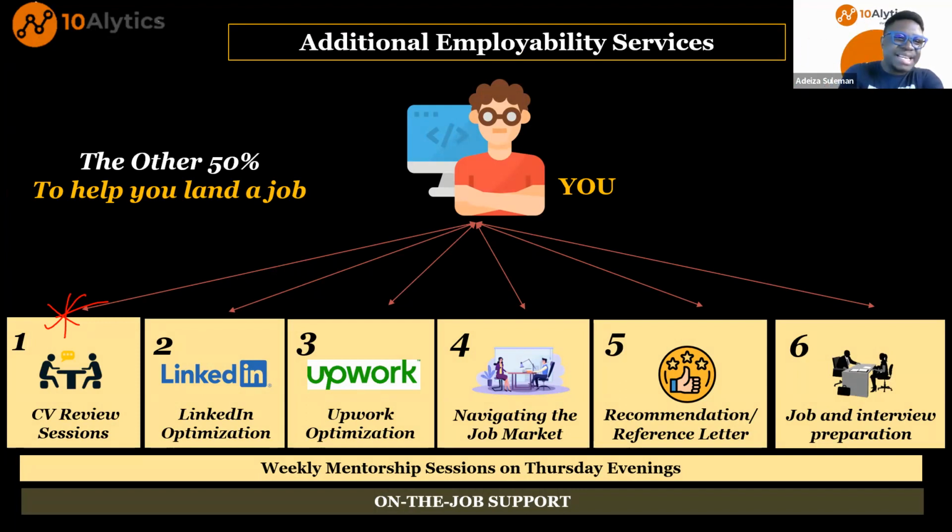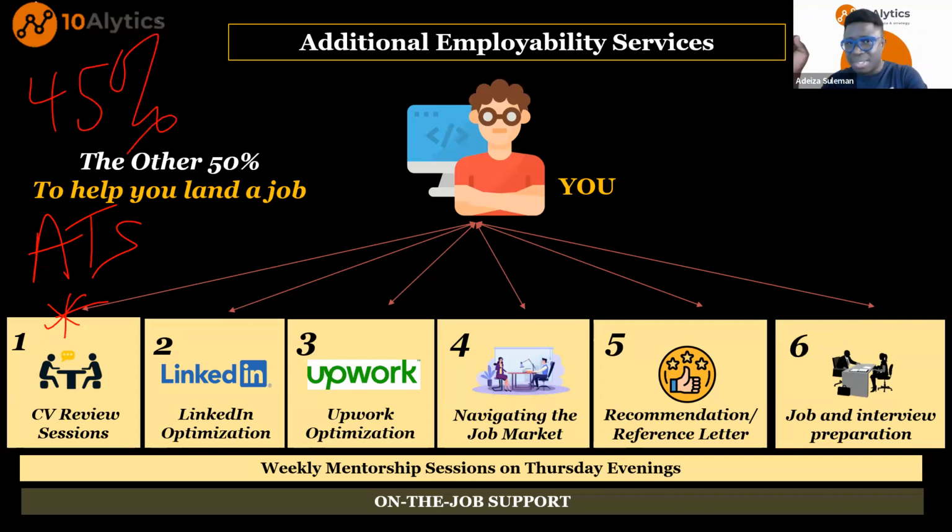What they use is an ATS, applicant tracking system, that does what? It looks at the keywords on your CV and matches those keywords to the job description, the job requirements. By how much do you match? Let's assume you match by 45%. Your CV is going to be yanked out of the process, and immediately you get, unfortunately, we can't go ahead with you. So how do you craft a compelling CV